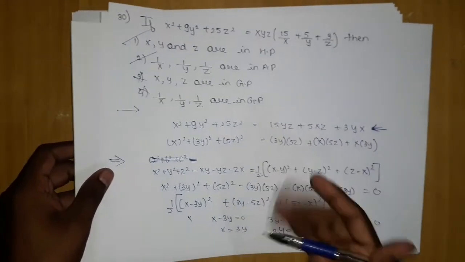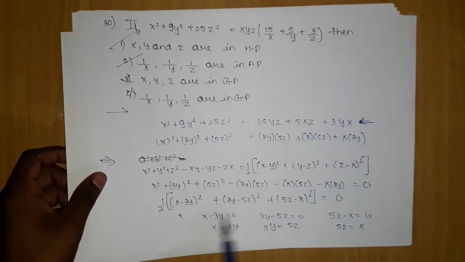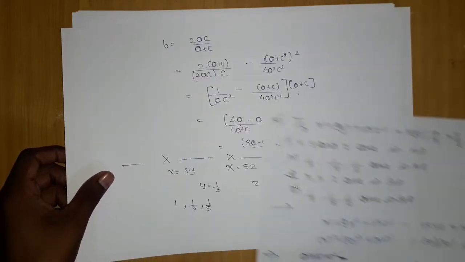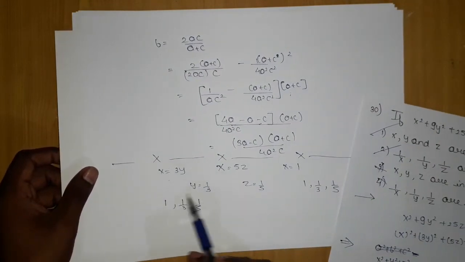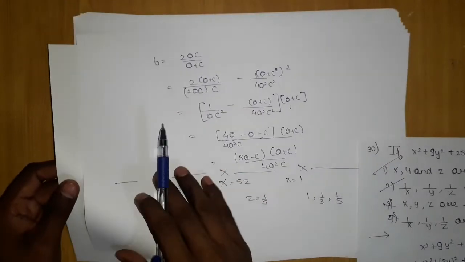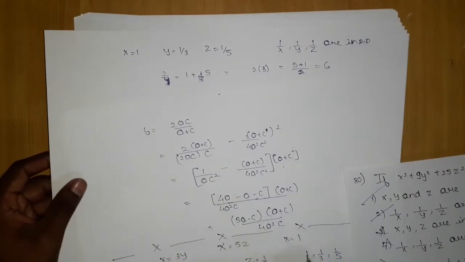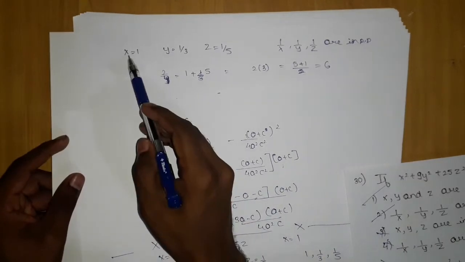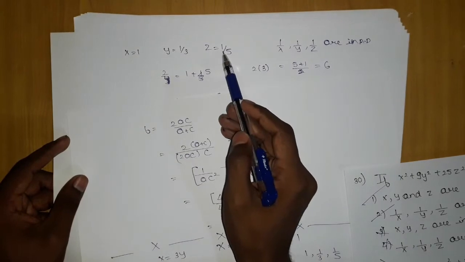Okay, now let's move on. Hope you have understood how we proceeded. We identified this formula, then we equated the terms individually equal to 0. 1 by 2 has no role, it will go and become 0. And then we considered x is equal to 1, then we got 1 by 3, 1 by 5. No matter what you consider, it will cancel out in the end. If I consider it as m by 3, m by 5, it will be removed. X is equal to 1, y is equal to 1 by 3, z is equal to 1 by 5, then